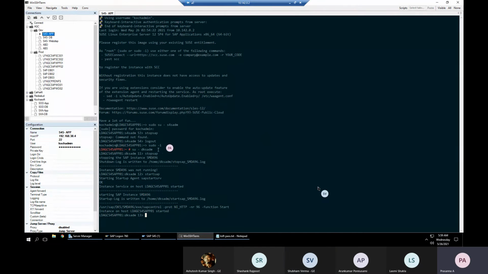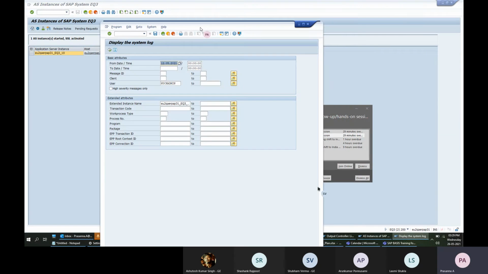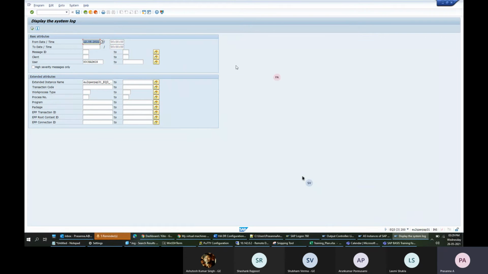Yeah, the start and stop has to be done where SAP is installed. Since SAP is installed on this server, we go to this server and start SAP or stop SAP. The screen you are asking about is for seeing tables and logs. Nothing is running on my PC. This one is just a client.